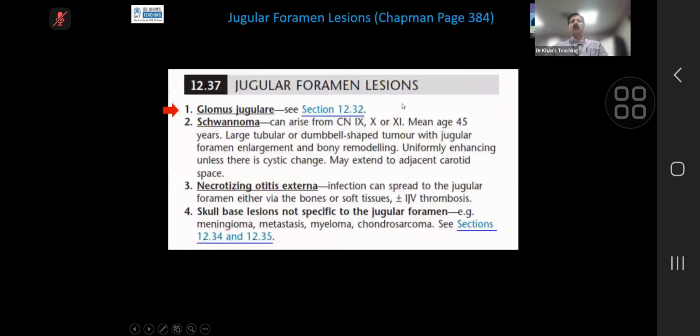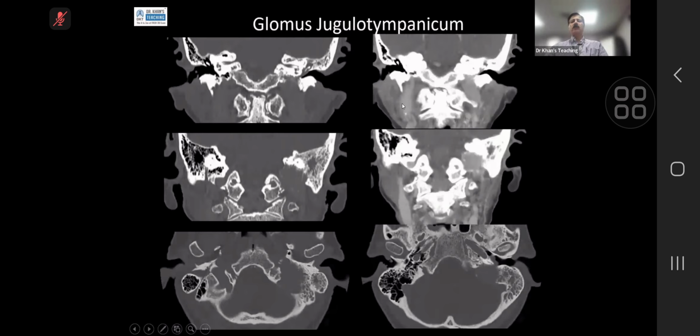On a CT scan, look for permeative bony destruction. So look carefully on this case. This is another example. Look at the margin of this lesion and look at the surrounding bone. And this is a classical example of permeative bony destruction. When you give contrast, it enhances like anything. This permeative bony destruction on a CT scan makes it